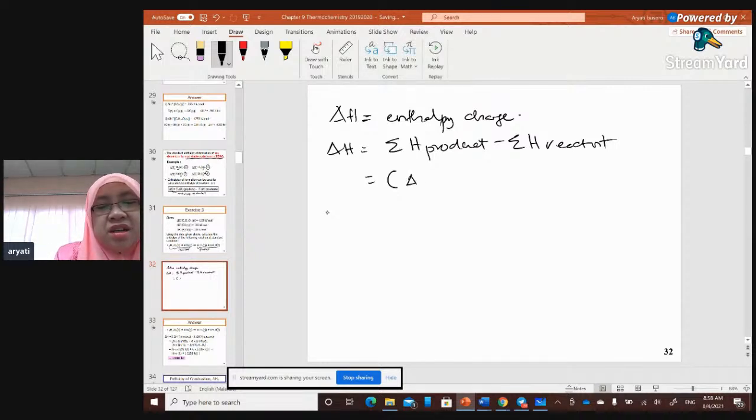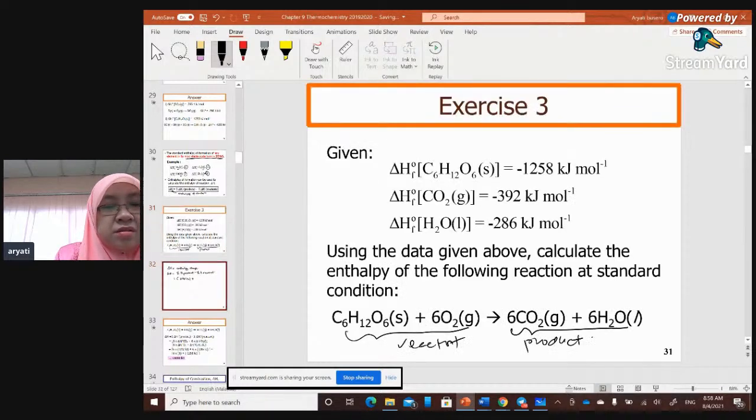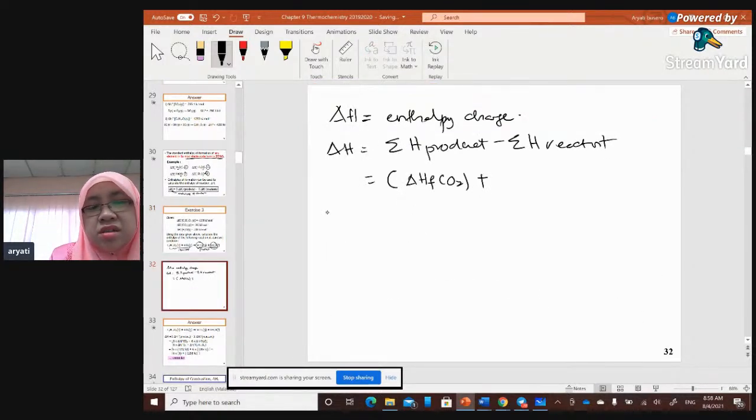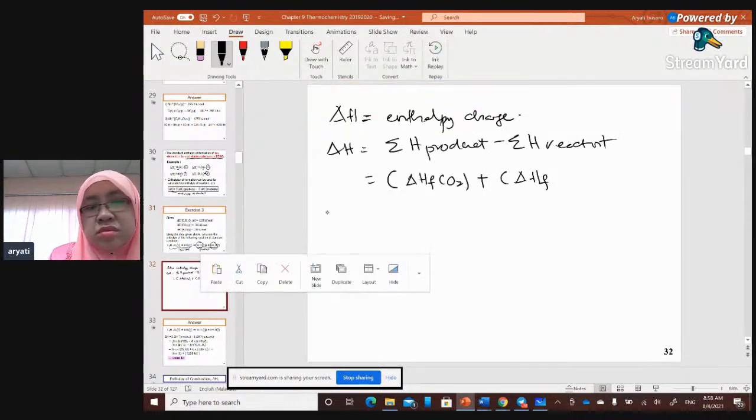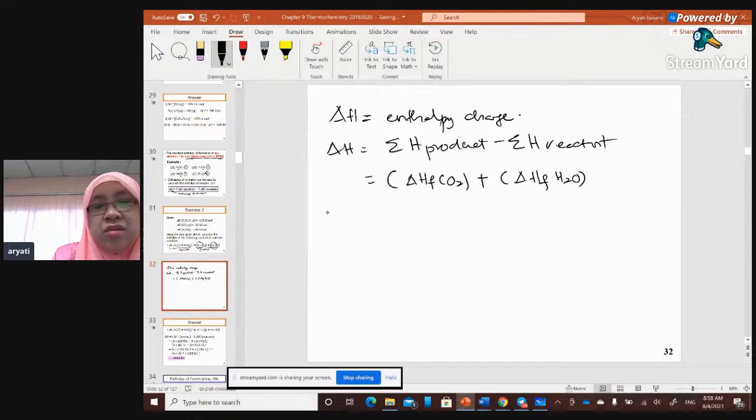Ni ialah delta H formation untuk CO2 plus, so sini mana ada CO2, ada H2O, okay, plus delta H formation untuk H2O. Okay, so ini ialah untuk produk